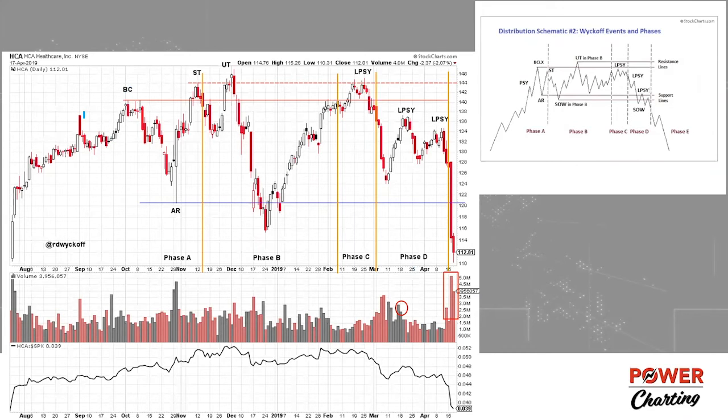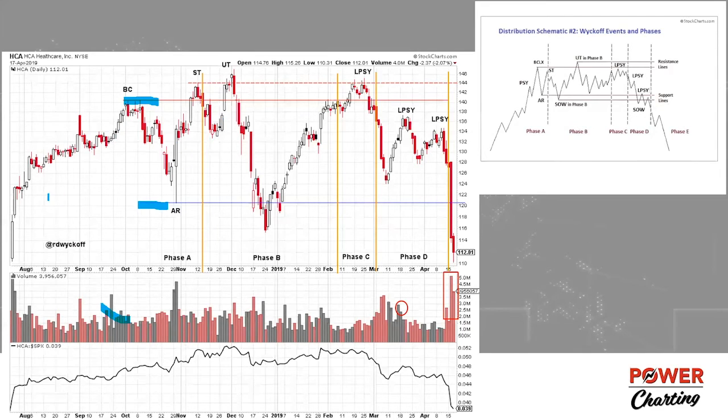So we see initially some preliminary supply here, then a buying climax that slightly goes through. Look at the volume, it's quite high, into the push into the climax, and then a steep automatic reaction. So we have a buying climax produces the resistance line, automatic reaction produces the support line, and we would expect that in the case of HCA, that it would stay roughly range bound by these two extremes or parameters, which